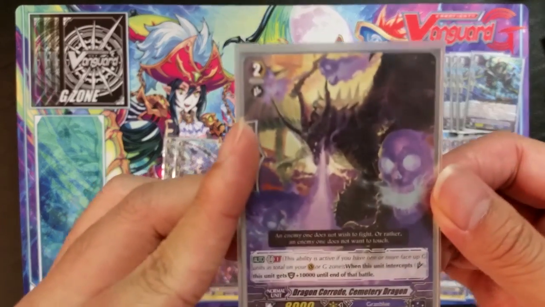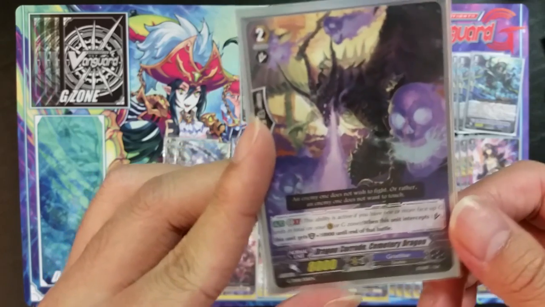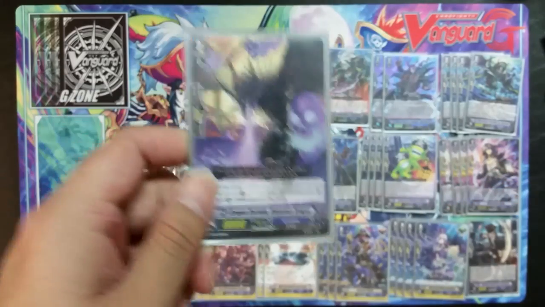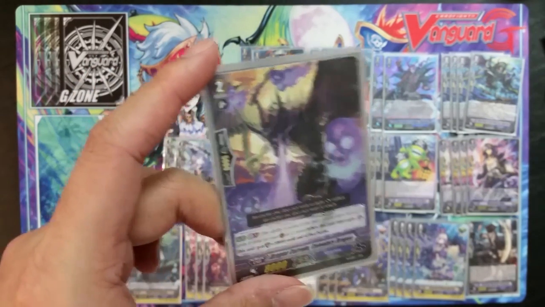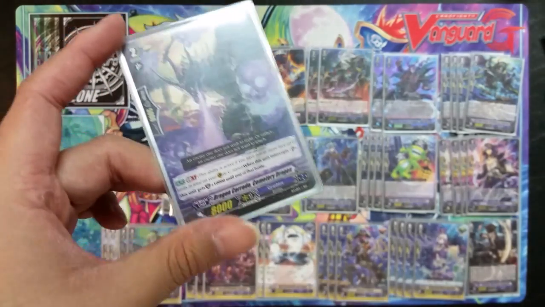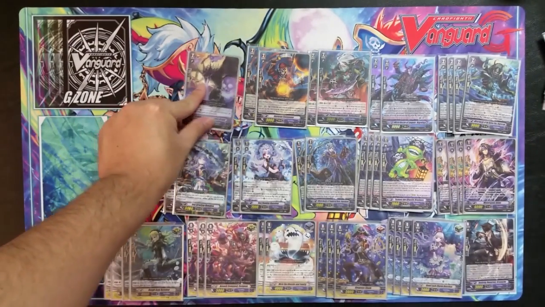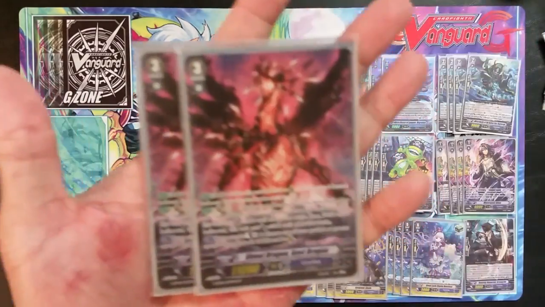Then I run 1 Cemetery Dragon. He's an 8k, but he is a GB1 15k interceptor. So really nice for protecting you. He's a one-of because I don't want to ride him, and most of the time I don't want him. I want him in the graveyard or drop zone so that I can just call him when I need him. But it's kind of a tech there, just for a situation where you might need the extra guard. Onto grade 3s, I run 2